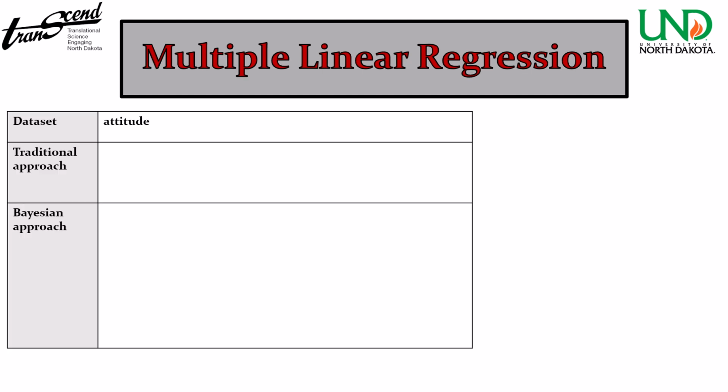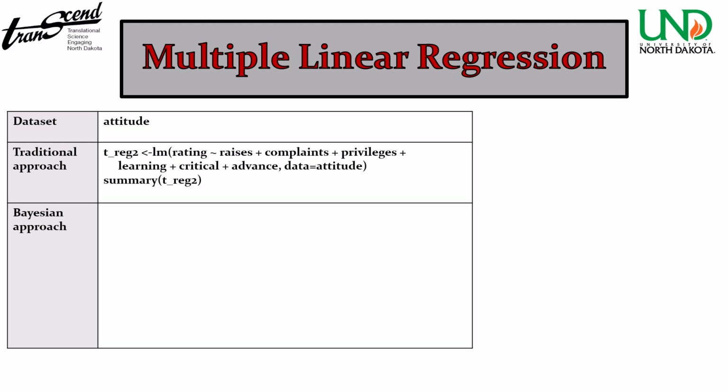All right, multiple linear regression. Now we're going to add more x variables. Use the same attitude data set, but with our linear model, we'll include complaints, privileges, learning, critical, and advance, along with our raises. Now, of course, we could have